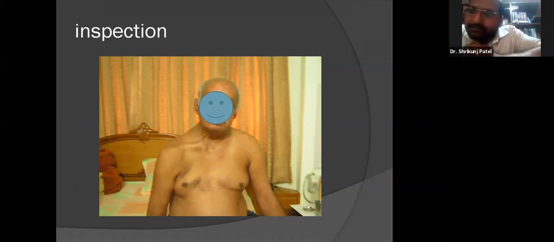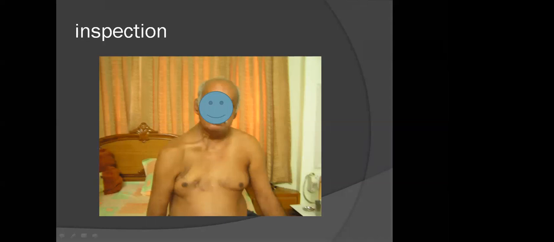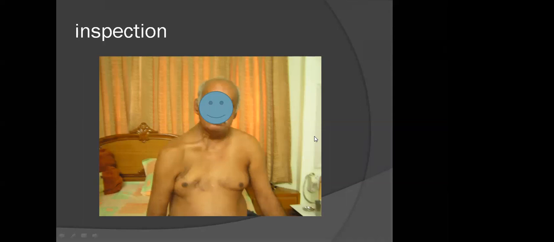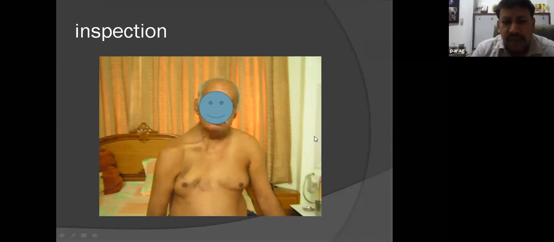Yes, any resident, please go ahead with the answer. Right, you can speak also. Right shoulder is involved. Okay, what do you see in the right shoulder? Drooping of the shoulder. So there is a drooping of the shoulder. That's correct. So there is something very clearly and visibly wrong with this particular shoulder.